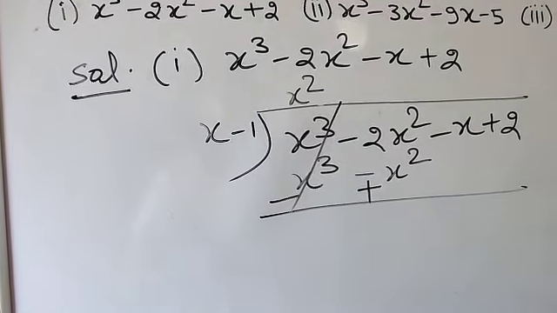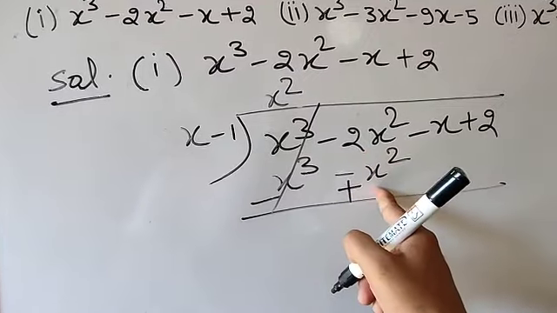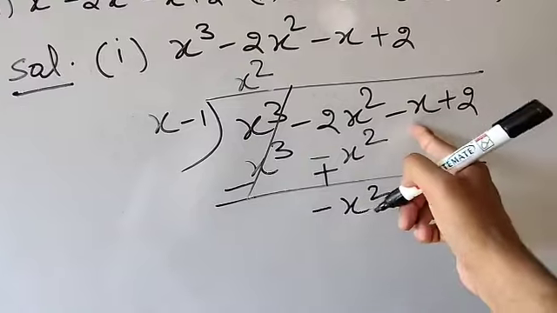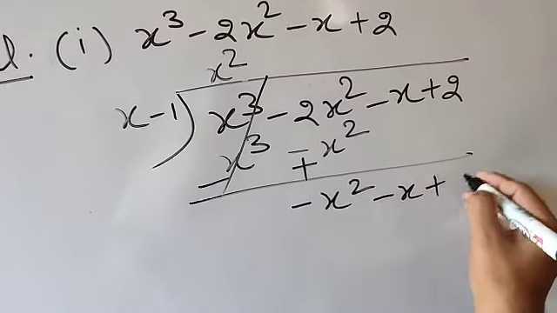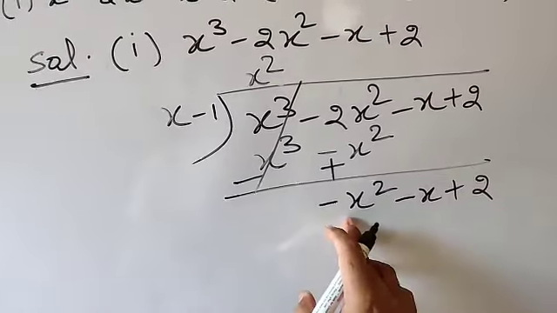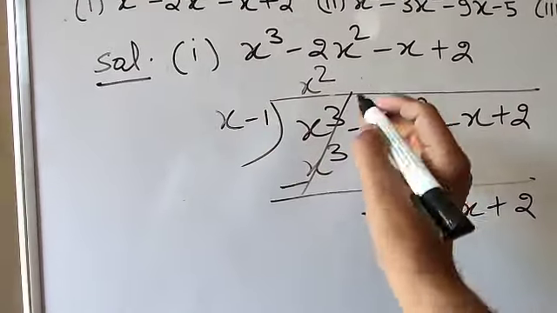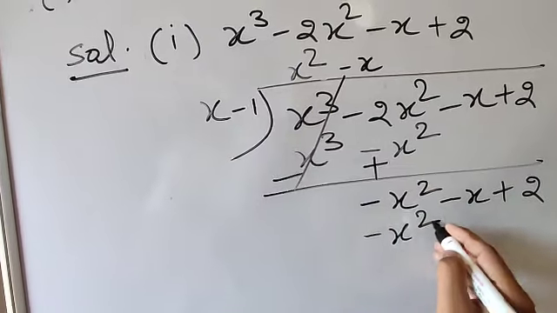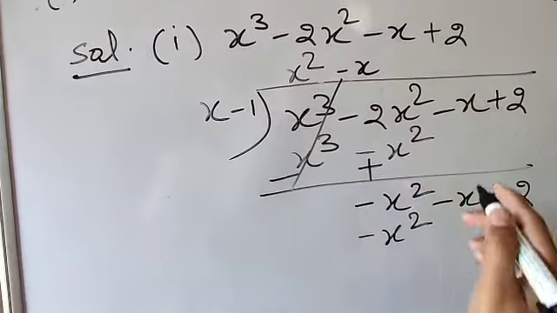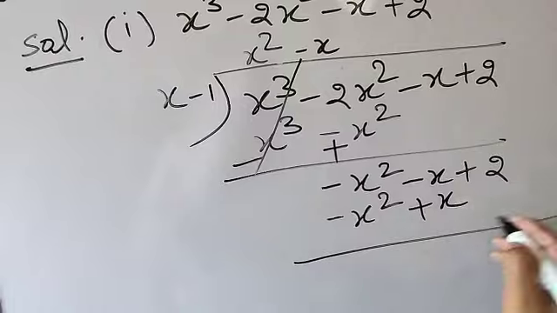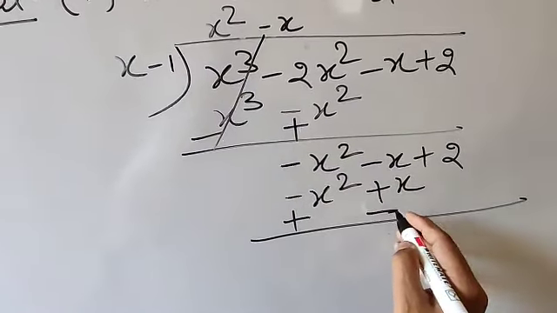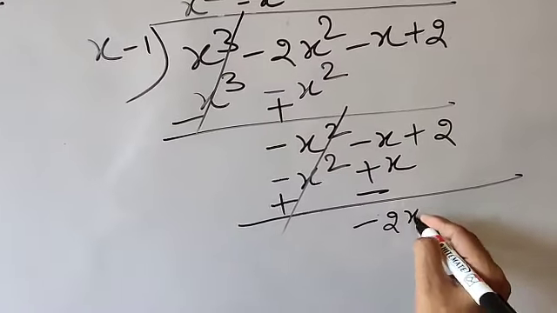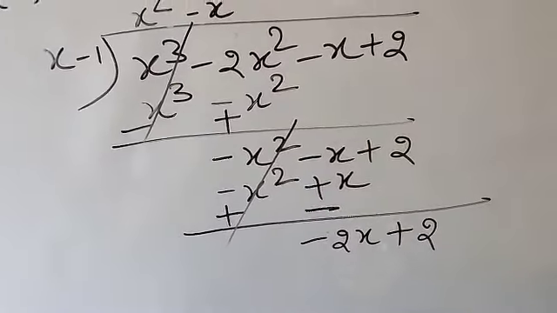That is going to be cancelled. Minus 2x square plus x square, that will be minus x square, and write these values as it is, minus x plus 2, that will be written as it is. Now here it is minus x square, so if you are going to take minus x here, so x into minus x, that will be minus x square, minus 1 into minus x, that will be plus x. Now again it will be plus, it is minus, so it is going to be cancelled, minus x minus 2x, and here it is plus 2, so it will be as it is.